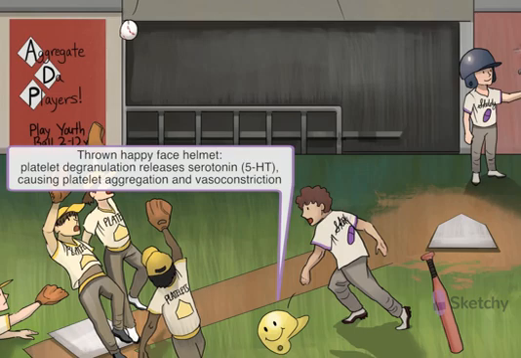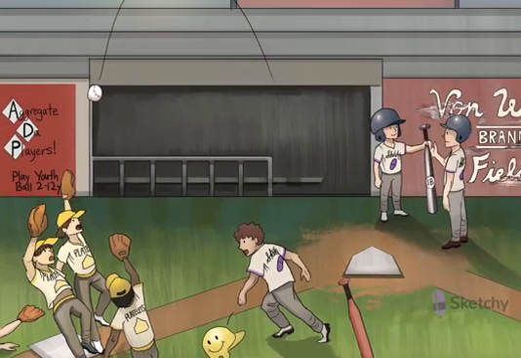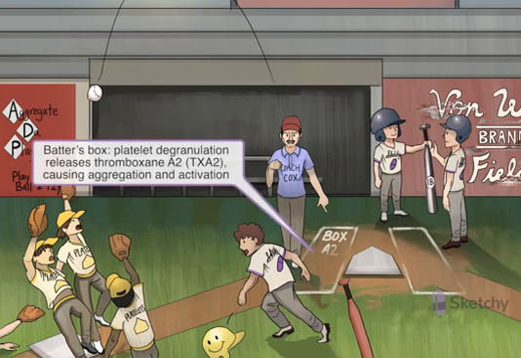this time incorporated into the helmet getting thrown, secreted if you will, by our activated platelet. Serotonin acts locally as a platelet aggregator and vasoconstrictor. And there's one more important molecule secreted by the activated platelet, and that's thromboxane A2, represented by the batter's box